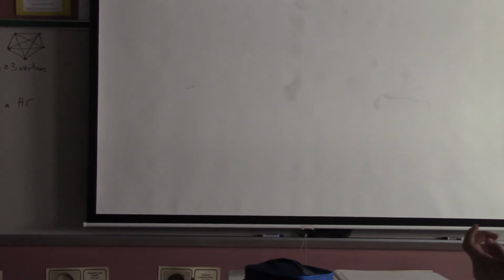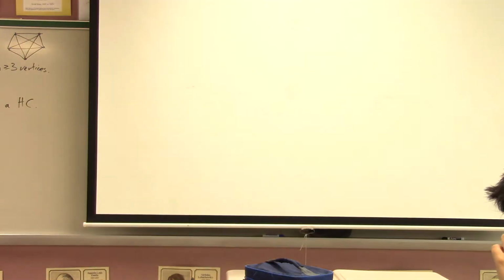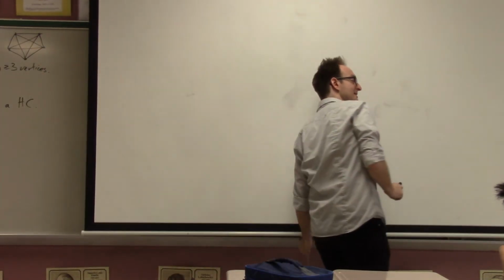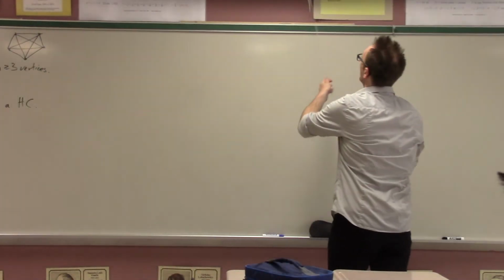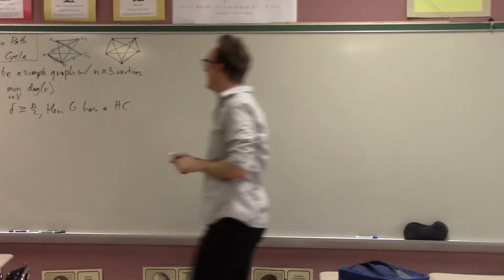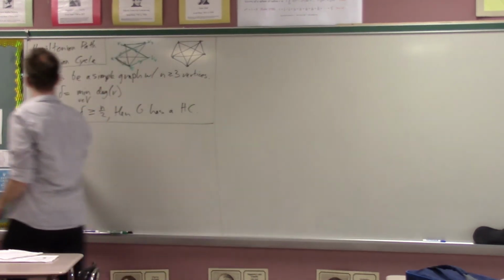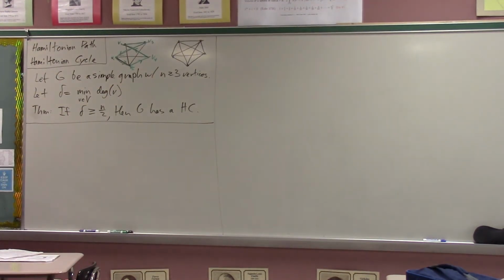Because you have to have quite a lot of friends in order for this Hamiltonian cycle to exist. Wait, you don't have to. You don't have to, but if you do, then you have a Hamiltonian cycle. This is a sufficient, not a necessary condition. Alright. First thing I would like to do, before we even really start the proof per se, is